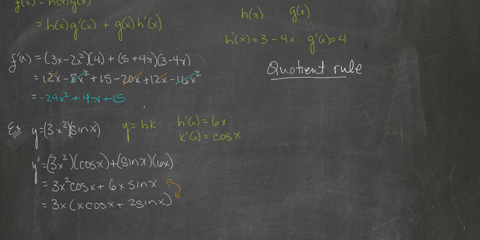Now the quotient rule is not easy. It's big, it's bulky, it's doable, but it sure beats the snot out of using the limit definition of a derivative when you have a rational function. So we're just going to get over ourselves and do it. If I have a function f of x that is the result of some rational function h of x over k of x,